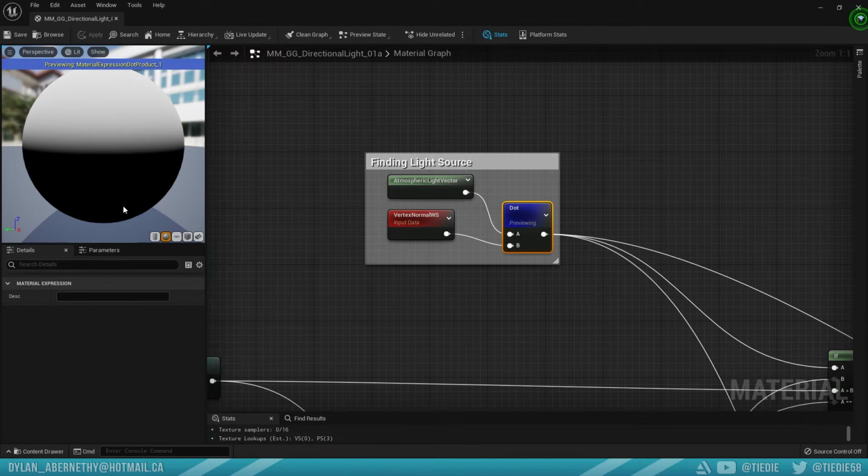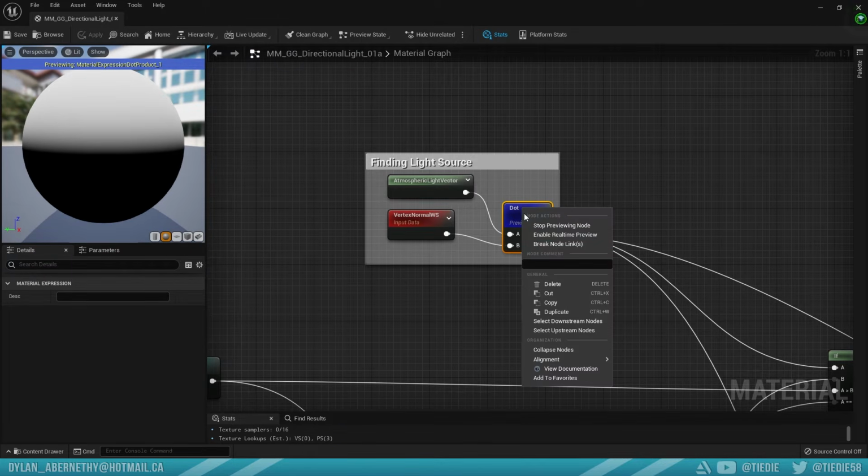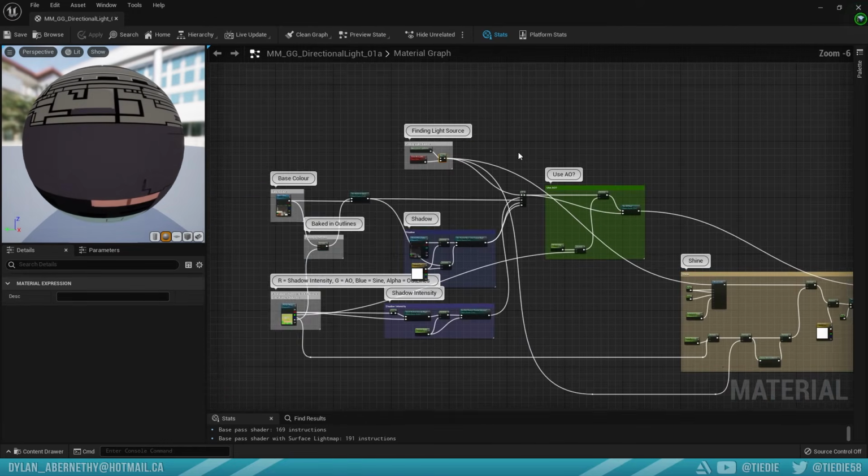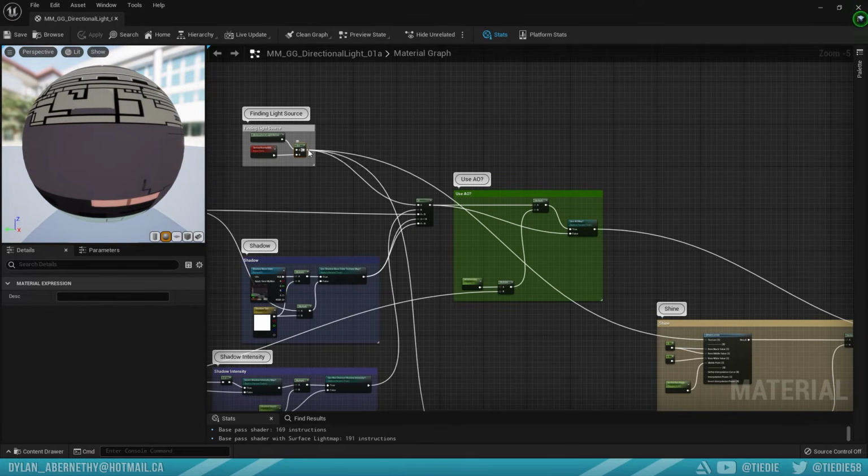Essentially what this is doing is saying when the light is angled in a certain way, we're going to make that white, and when the light is not angled in that direction, we're going to make it black. So just depending on where the light is pointing from the sky, we're getting a mask, and that's great. So let's actually see what that looks like when we plug that directly into our emissive, so we have a better idea as to how that's working